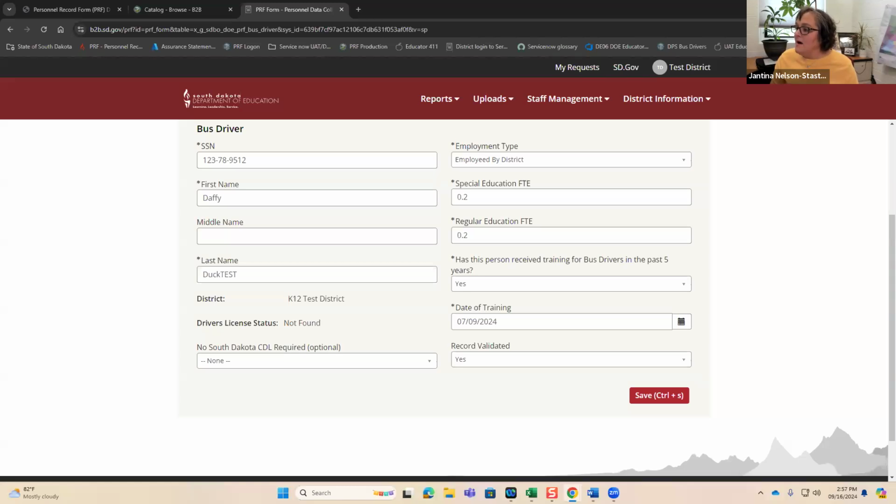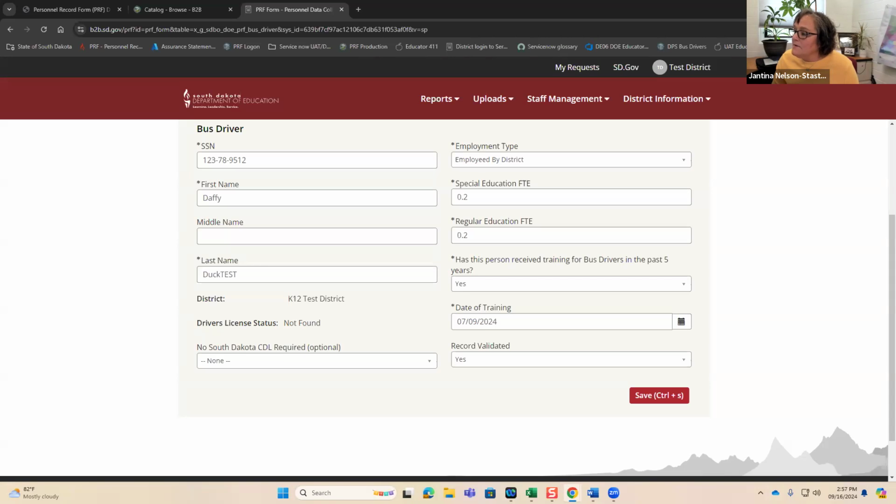This status is calculated based on a weekly process that gets implemented on Sunday evenings. Some of the possible bus driver license check statuses are active or inactive. If you see undefined, that is the value for school year collection 2002 to 2023. We set them to undefined because the system wasn't connected to the South Dakota public safety system and had no way to determine the driver's license status.